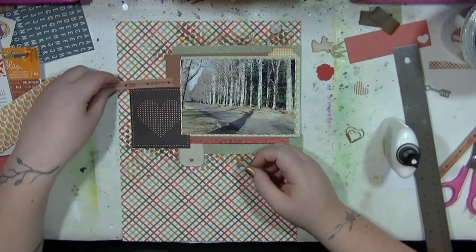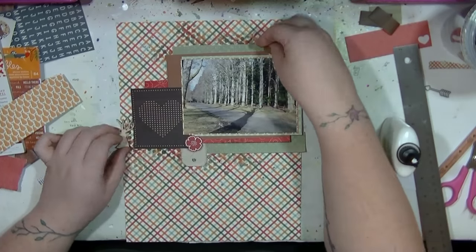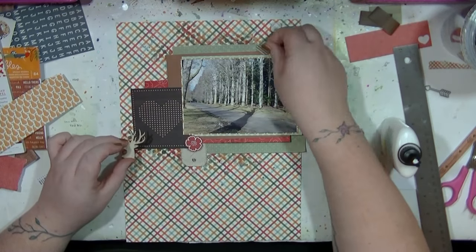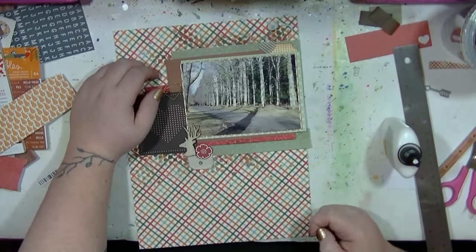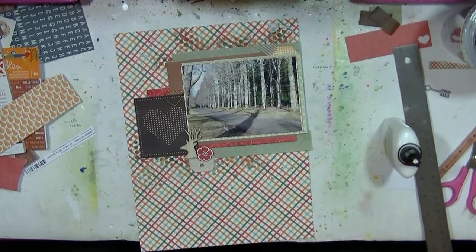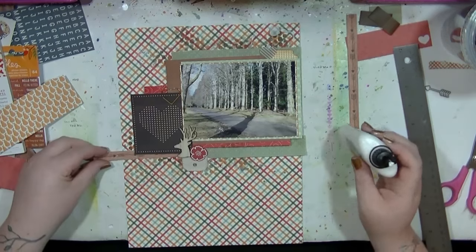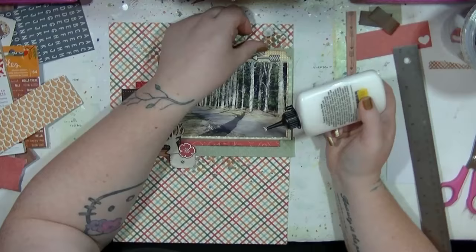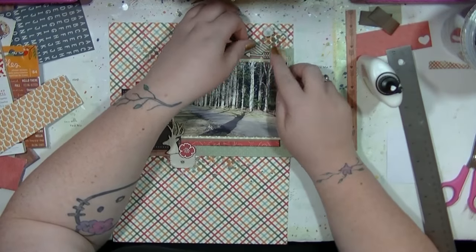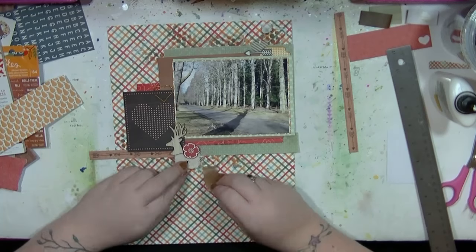Putting a little tag down there. That is actually a canvas tag, and that came from, I think, no, I have no idea. It was in my stash for a long time. So even though these are newer papers, I've put some older stash on there, and I'm still in that stash busting mindset because I have too much stash. I have 3 pizza boxes full of new stash that I haven't even opened